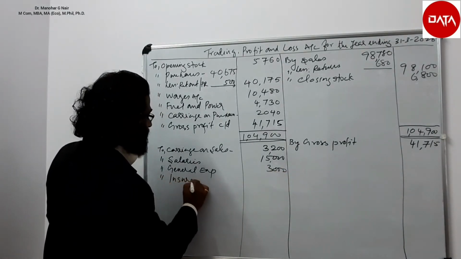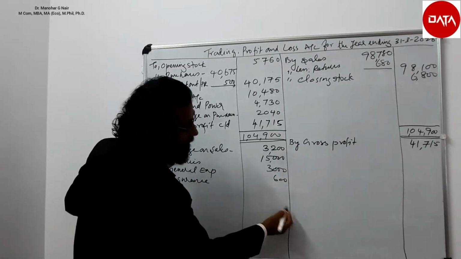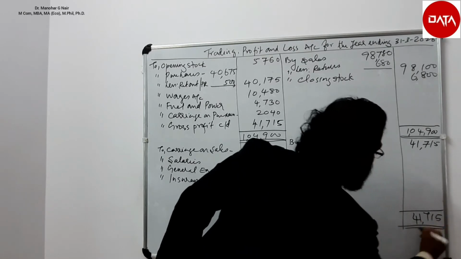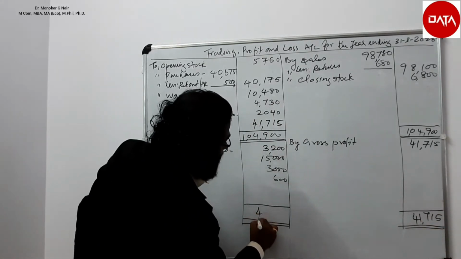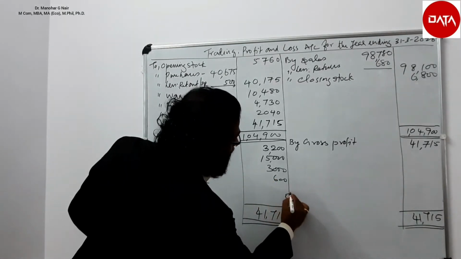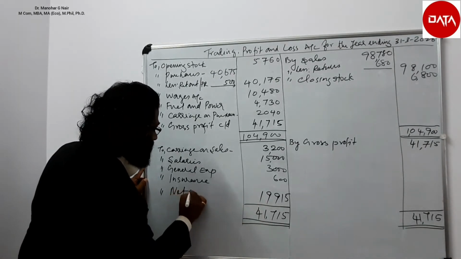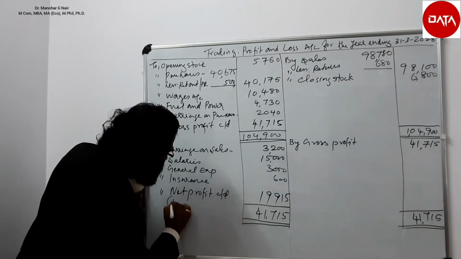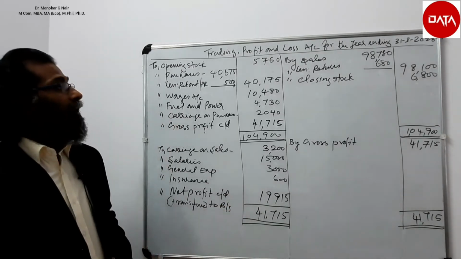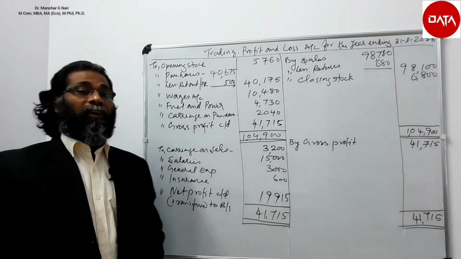Insurance, it is 600. Let us balance it. 41,715. 41,715. So the difference is 19,915. Net profit carried down, transferred to balance sheet. So dear friends, what we have done here is, in the trading account we have written